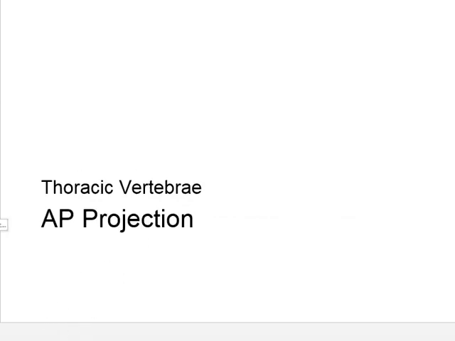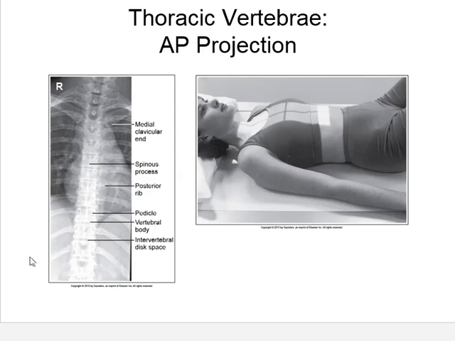So AP of the T-spine, the positioning for T-spine is just like a positioning for chest x-ray. The main difference would be phase of respiration. You can shoot these with the patient laying down, preferably with the patient laying down, again with the knees bent so that it reduces the curvature on the lower portion of the T-spine, that transition into the L-spine. But as far as central ray positioning goes, it's the same. So T7,